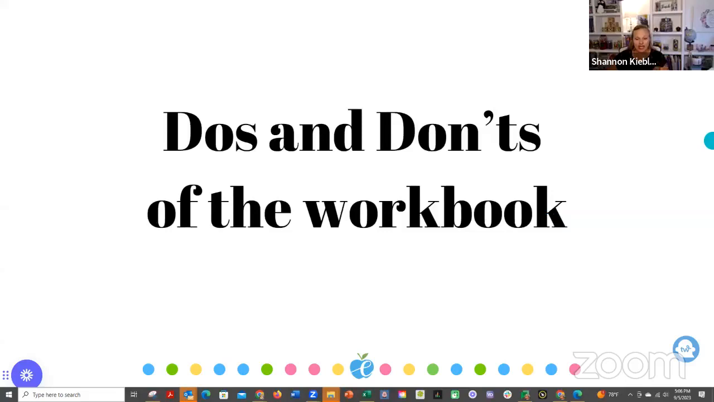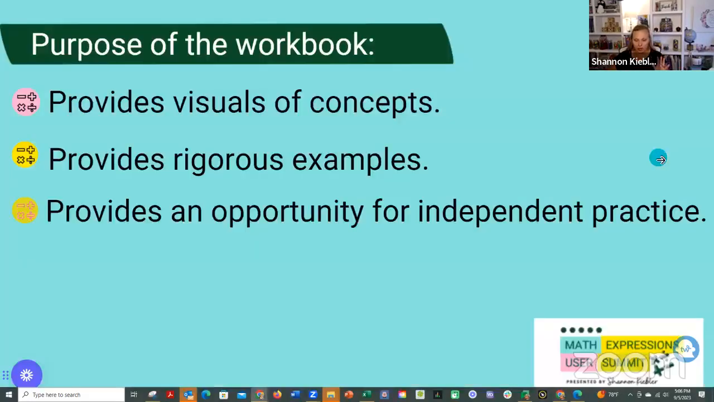Let me get this going over here. I'm going to share my screen for you. Again, say hi in the chat or let me know how you're using the workbook and any questions that you might have as well. So when we look at the do's and the don'ts of the workbook,